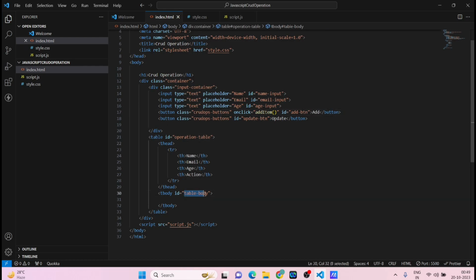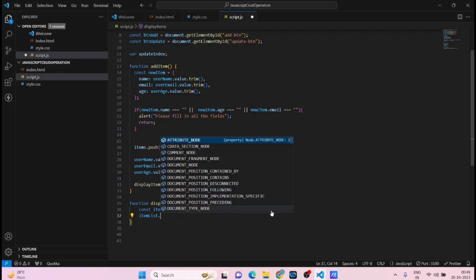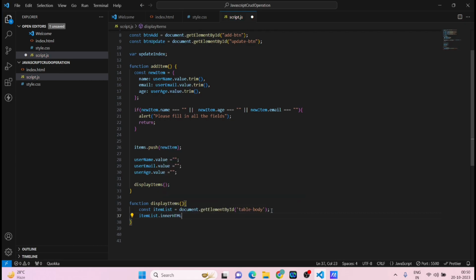So we have to get that id from here and just paste it here. After this, itemList.innerHTML,